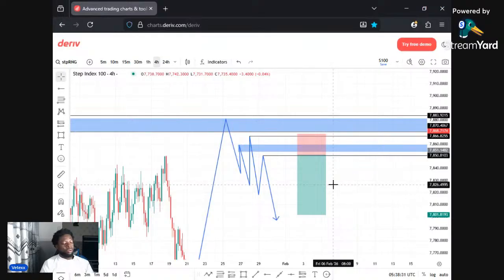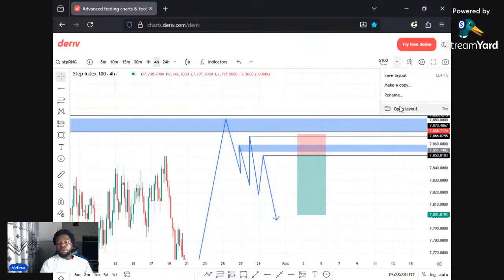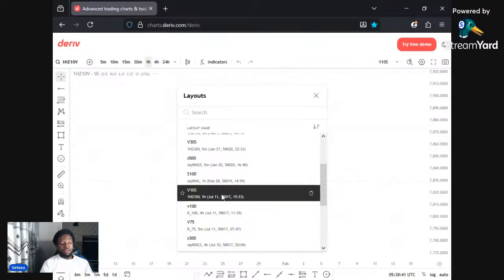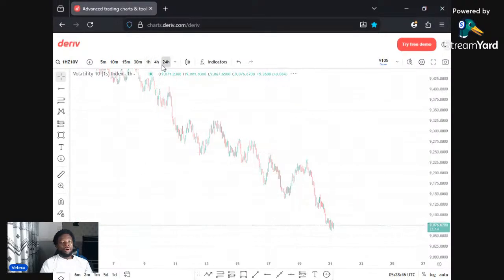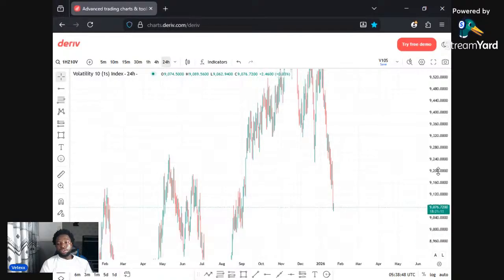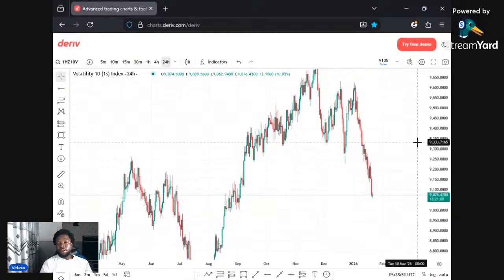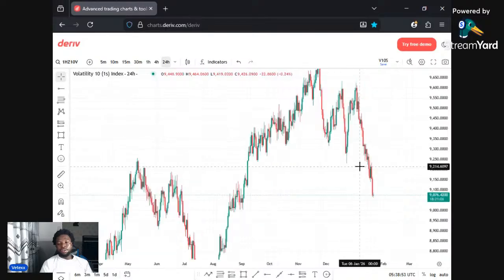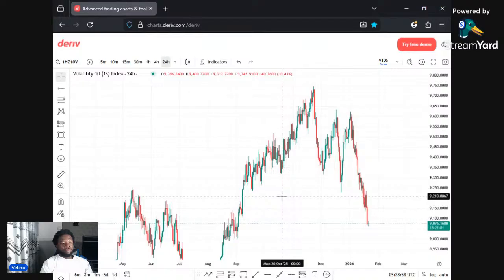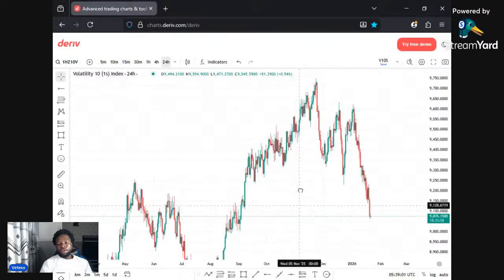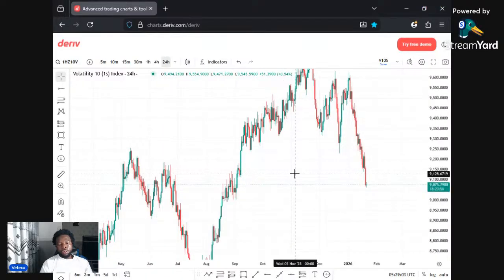All right. So let's move on to the next pair, because currently there's nothing on Step 100. So let's move on to the next pair, which is V10S, Volatility 10S. Okay, Volatility 10S on the weekly time frame is bullish, but on the daily time frame, you can see there's a deep retracement, and from there, you can clearly see that there's nothing happening on this pair at the moment. Okay,